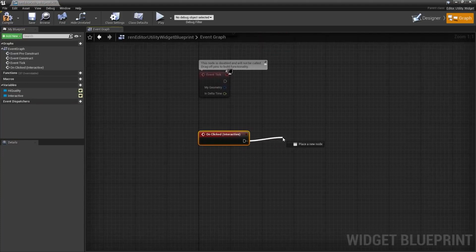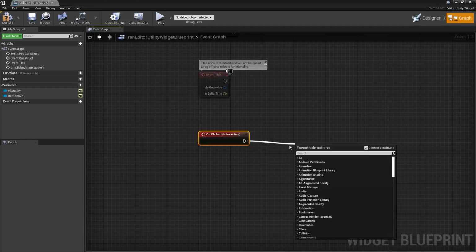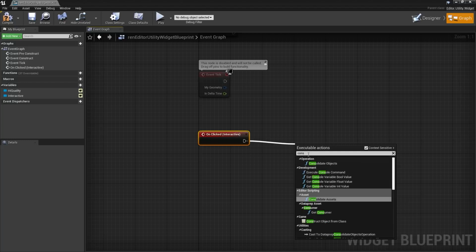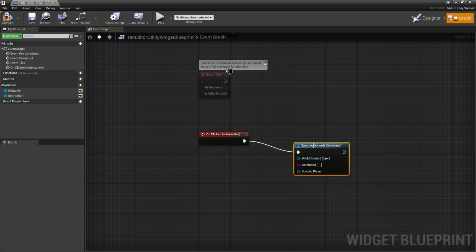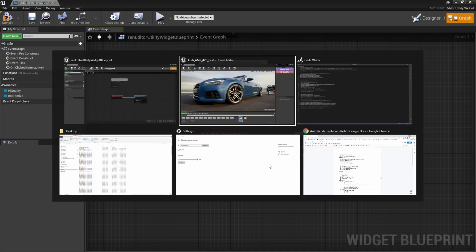So when I click on the interactive button, I want it to execute a command. So I'm just going to literally drag out with my left mouse button and search my executable actions for console. I want to execute a console command when that button is clicked. And the console commands, we've played around with a fair bit in this webinar and the last webinar. We want to set some of those ray trace attributes. So let's go ahead and